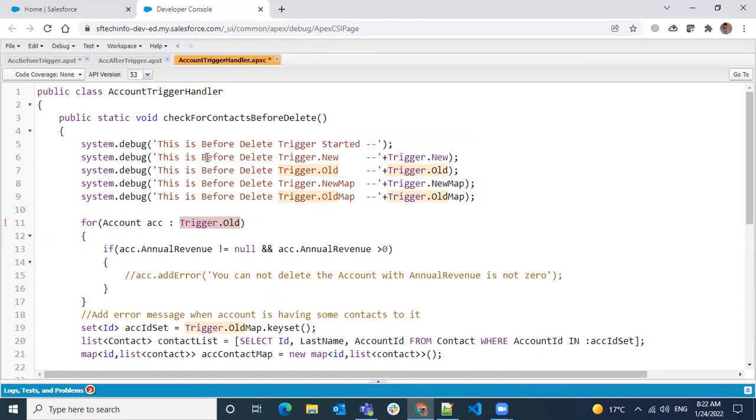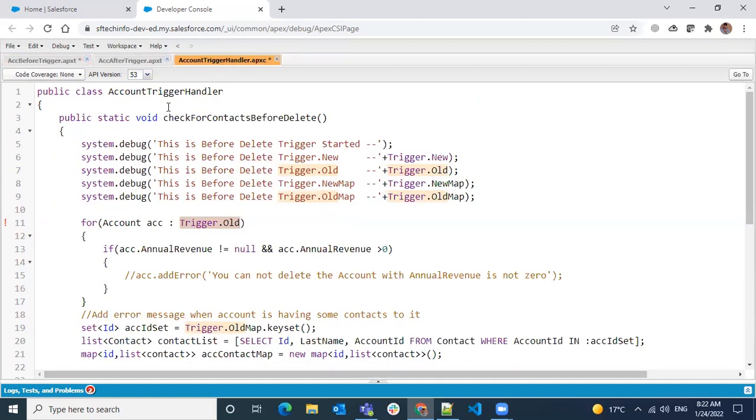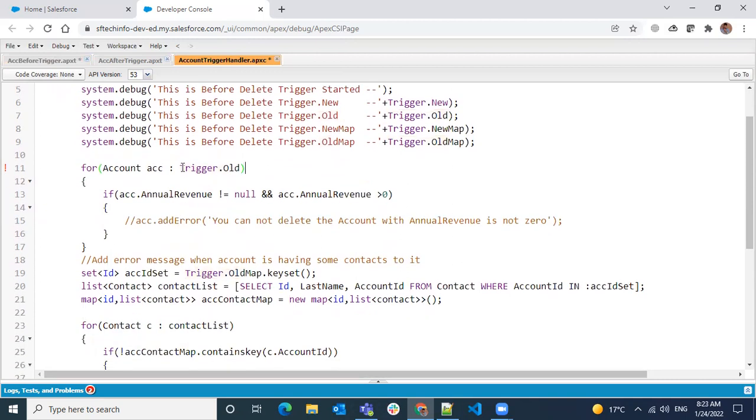Because if you are in a trigger on account, you will know that it will be a list of account objects. If it is a trigger on contact, it will be a list of contact. So they are like generic SObjects. It's not specific. If you're writing code in an Apex trigger, it will understand it's related to the account. But while you are in an Apex class, it becomes an SObject and it will not understand whether it's account or not. So in those scenarios, what we have to do here was,